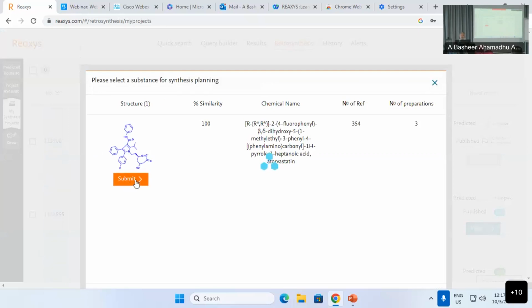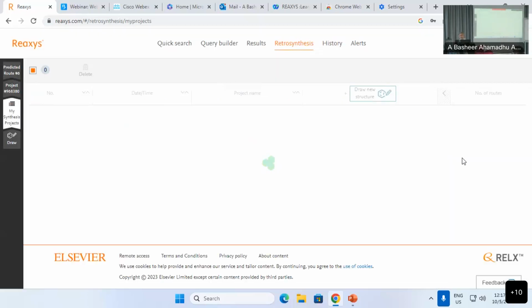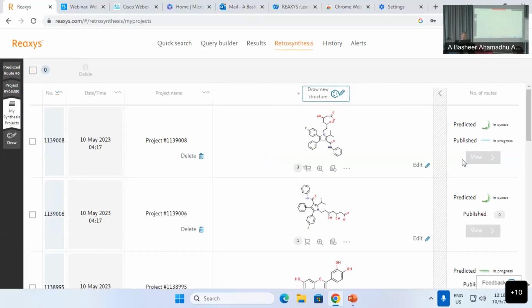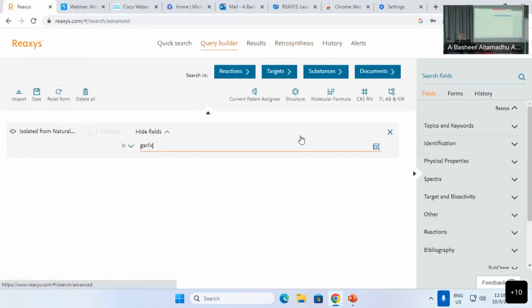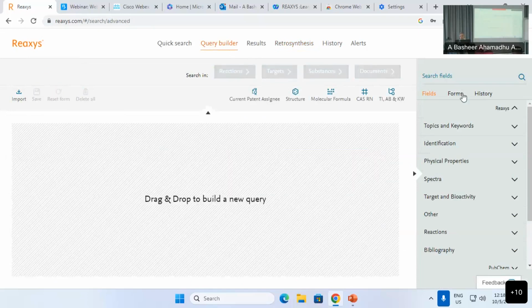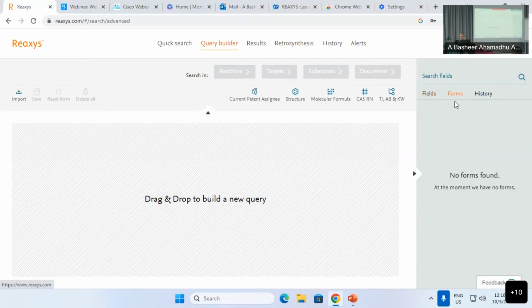Because it's a chiral molecule, it asked me for the known synthesis to check it out. Now it will show you the published synthetic route also, and then the predictions will come in 10 minutes time. Okay, let's go back to the query builder I was showing you in terms of the properties, the forms,